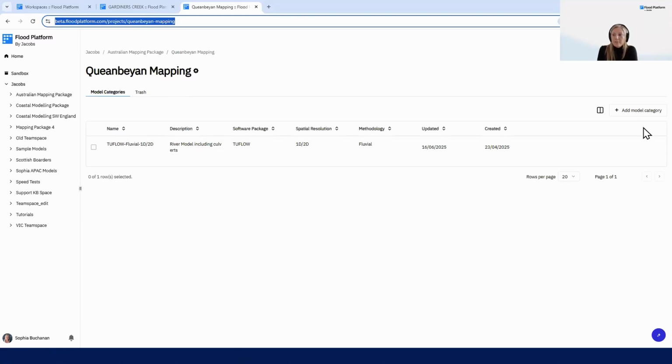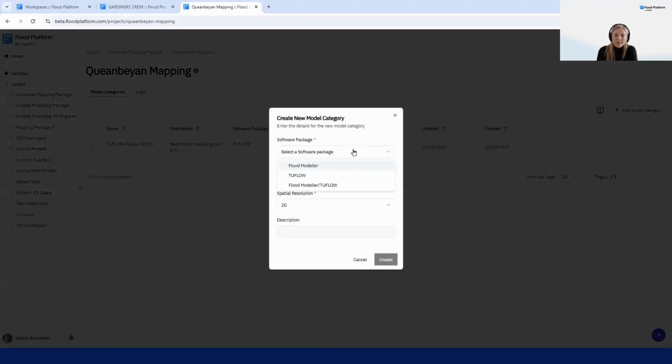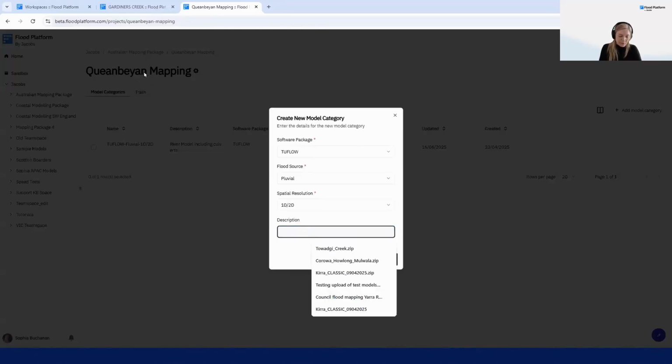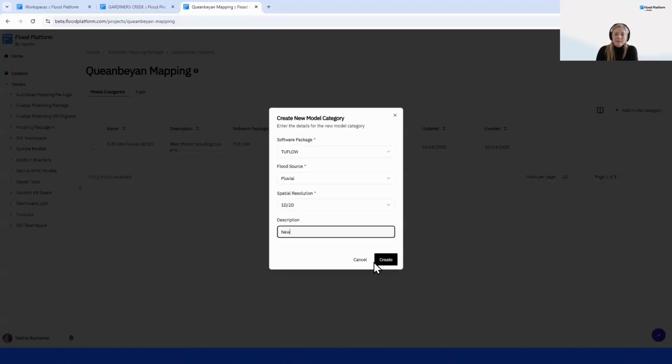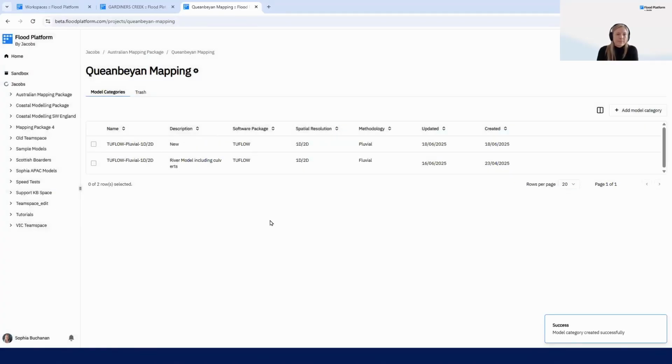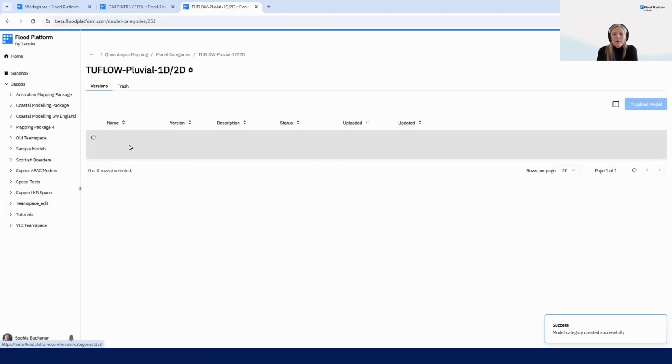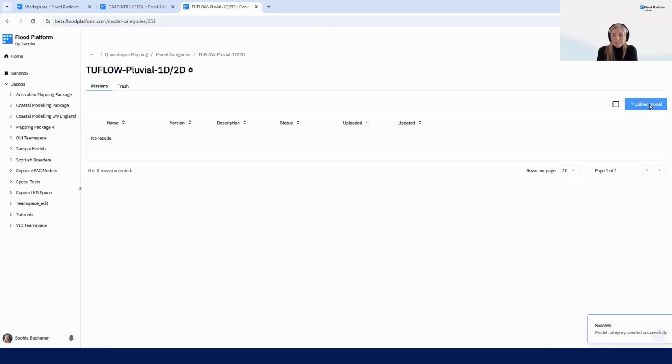Essentially what we can do is add a new project in here or a new model. This is something that's used globally, not so much in Australia, I don't think, but we can set the source, give it a description. And if I wanted to do that, then I can go and upload a model.